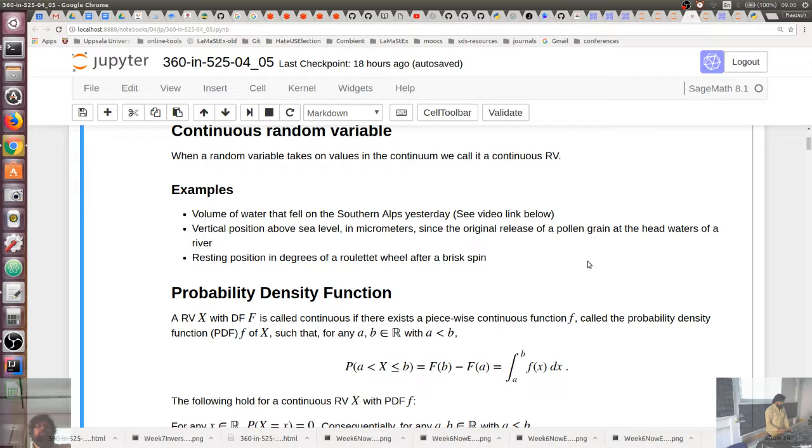The resting position in degrees of a roulette wheel after a brisk spin. So now, you assume you can measure it, it's a continuous